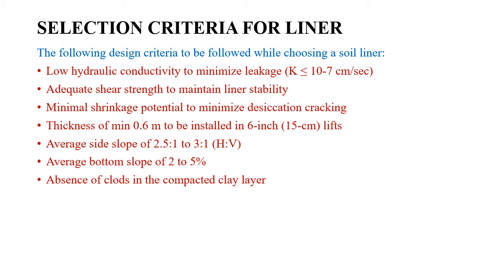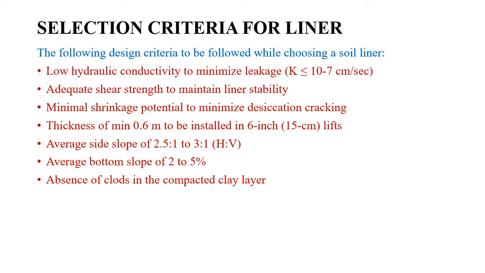Now, a liner system has to satisfy certain requirements to serve the function of being a liner. Primarily what we are looking for in a liner material is the low hydraulic conductivity which it can provide, because the major purpose of a liner system is to prevent the migration of leachate to the subsoil. Therefore a barrier material is very essential within the liner system, in addition to the leachate collection and drainage layer. If you are going to choose a material as a barrier layer, then these are the different criteria which the liner material has to satisfy.